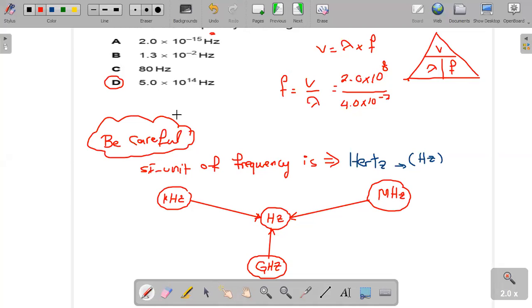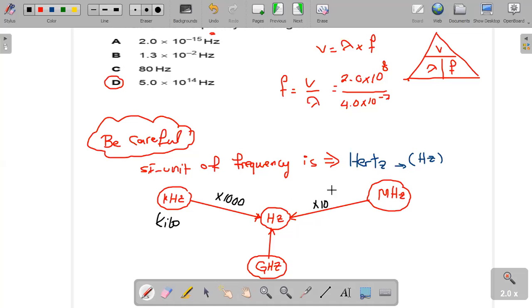So in this case, you will do the following. Number one, if it's kilohertz, you will multiply by 10 to the power of 3, which is times 1000. I know that 1000 is easier for many of you, but from the point of view of physics, it's preferable to write 10 to the power of 3, but both are correct.